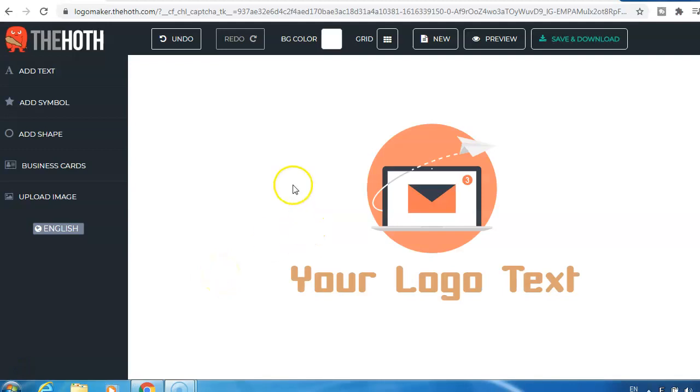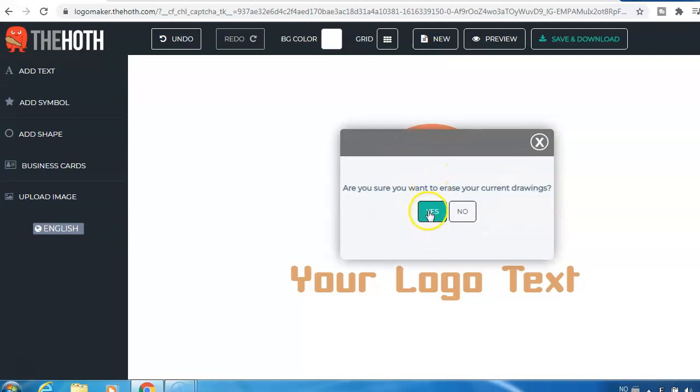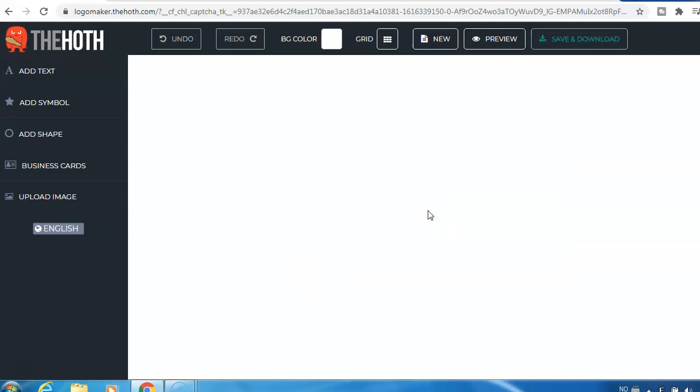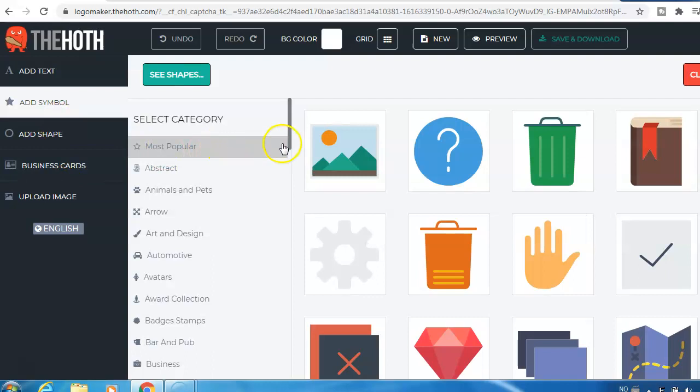Here you go. Now when you want to start, you can just start from scratch and then click new, and then click yes, and then we can start from here. Add symbol, and then you can choose which